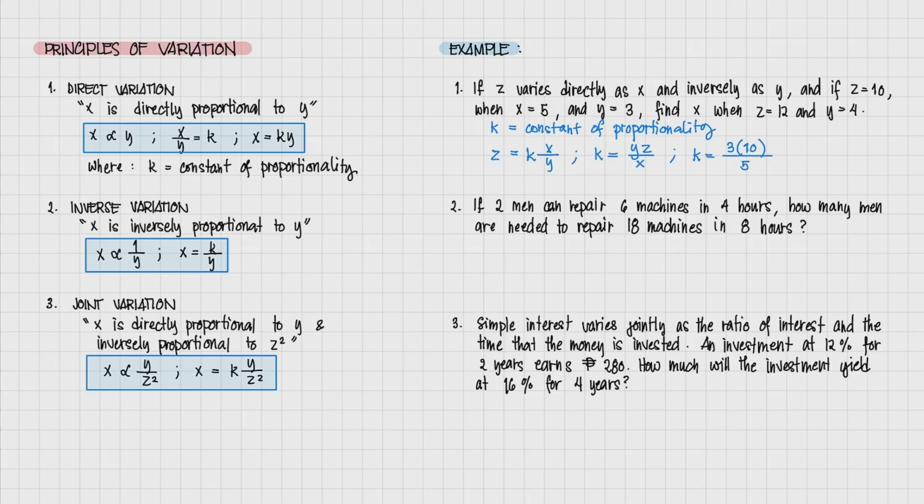So ito yung first case scenario natin. So it says here that Z varies directly as X and inversely as Y. So ito yung relationship na yun. And from this relationship, we brought out our constant of proportionality to produce this equation. Now for the first case natin, Z equals to 10, X is equal to 5, and Y equals to 3. So from that scenario, we can now compute for K, which is equal to